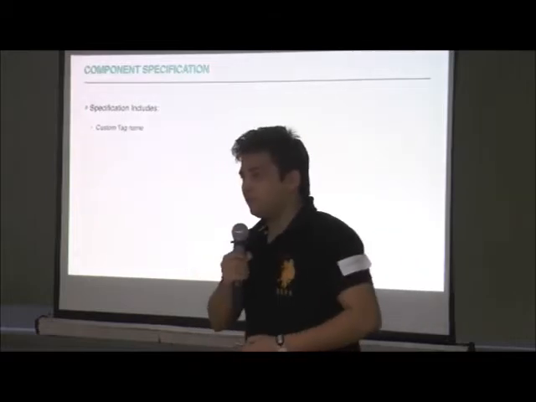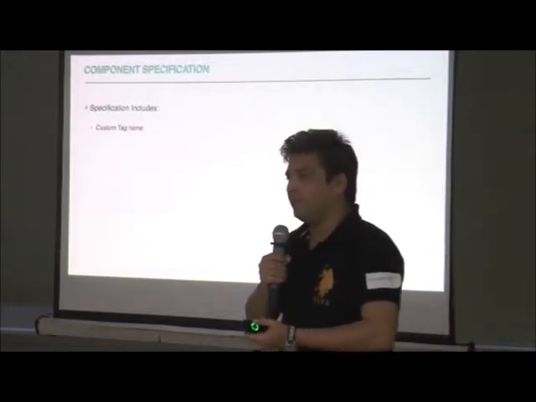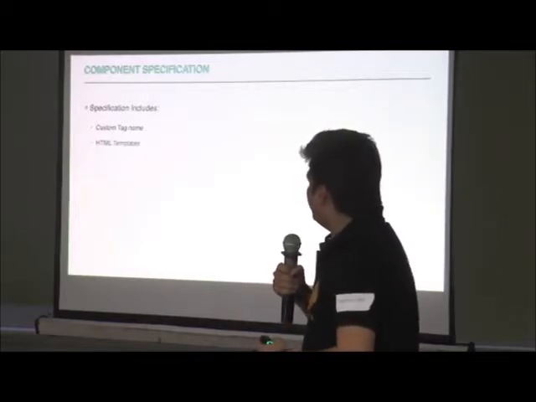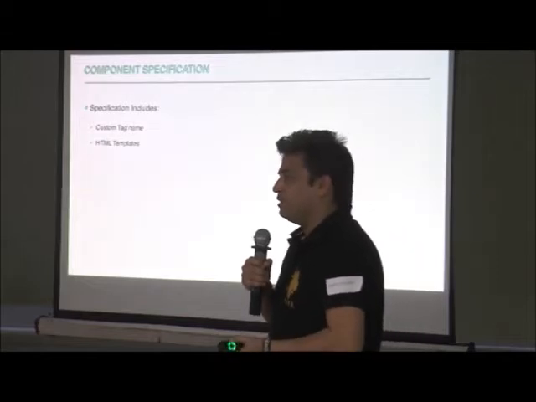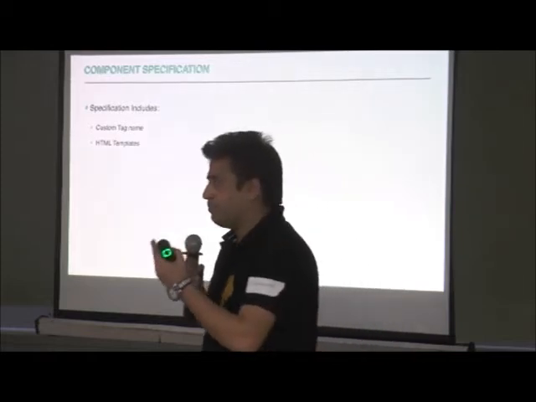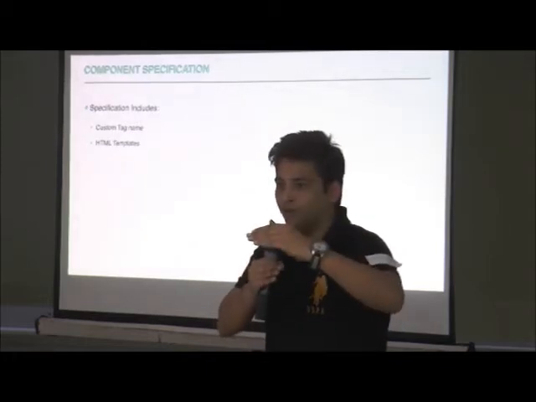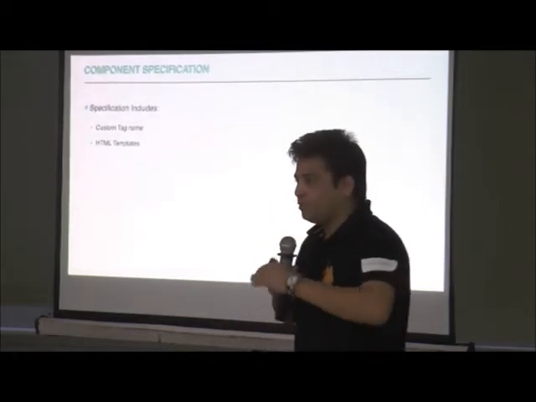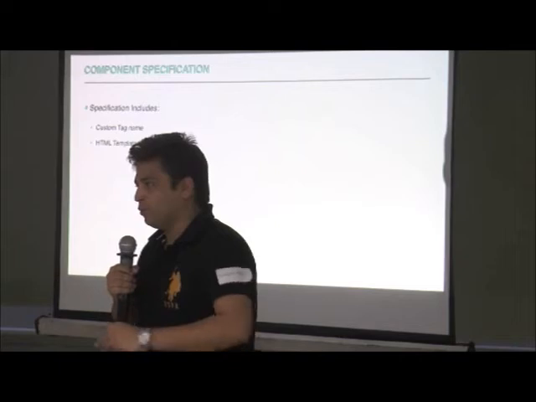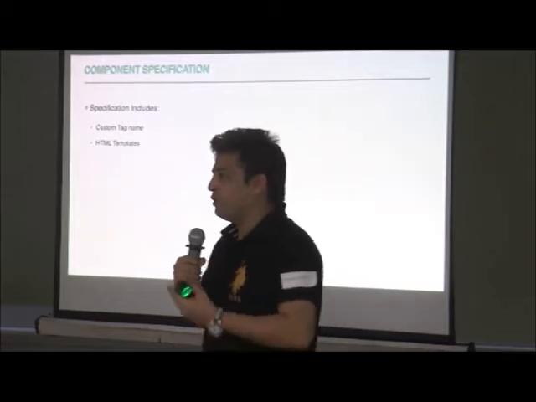So what are these specifications? Let's have a look one by one. As I said, custom tag: it provides the ability for the user to add user-defined tags for your components. Another one is HTML templates. HTML templates are nothing but a markup that you want to put in your source. Suppose there's a counter that you pass as a parameter, and you want some divs and spans. There's a block of div and span you want to repeat in your HTML source, which is again based on logic. So if you want 3, then 3 list items will be included in the HTML source, right? You want to keep a block of template and repeat that template multiple times. That way you can reduce the markup in your HTML.